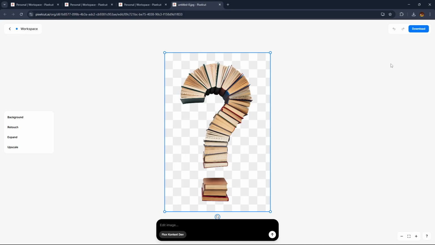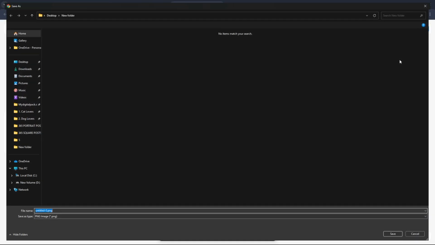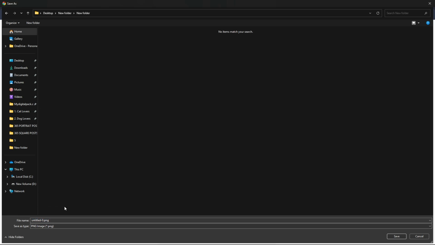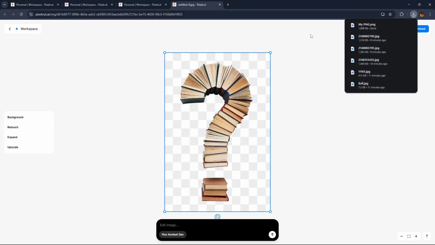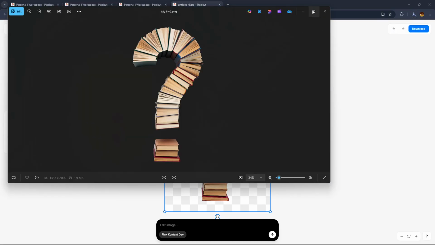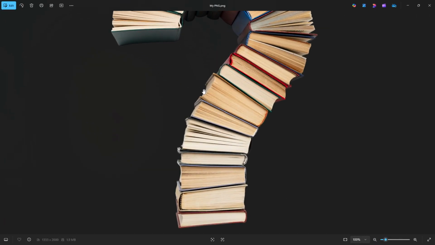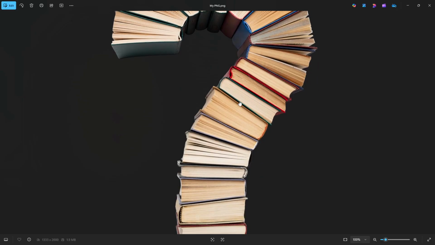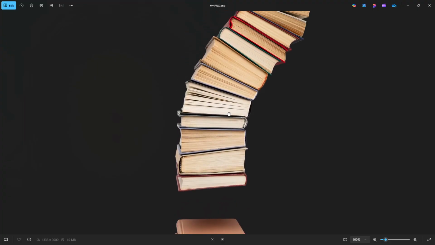And if you want to download it, simply click download, and you can create a new folder and name it PNG. I open it. You can clearly see this is the best of the best website, I mean,